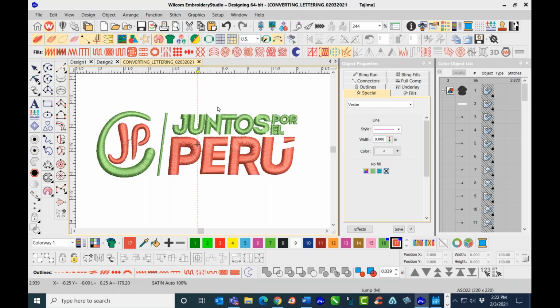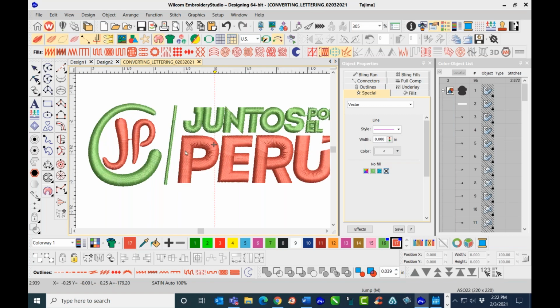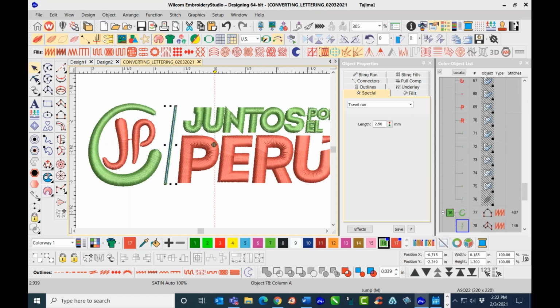Okay, with this text on the screen here, let's set up the lettering first, and let's correct the text first, and then we'll go in and resequence how it stitches out. What about that? One thing also to take note of here, this column, because it's going to stitch on a cap, I'm going to navigate over here to pull comp, and maybe for the pull comp for this, I'll